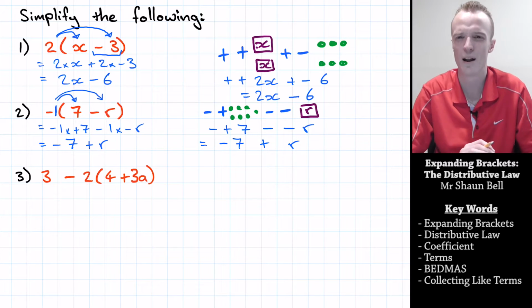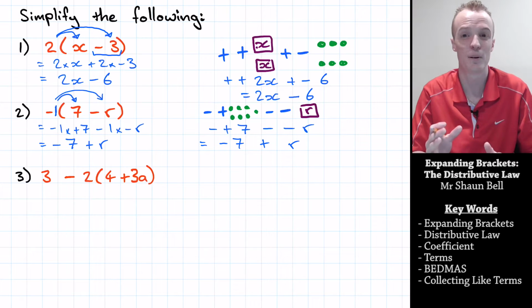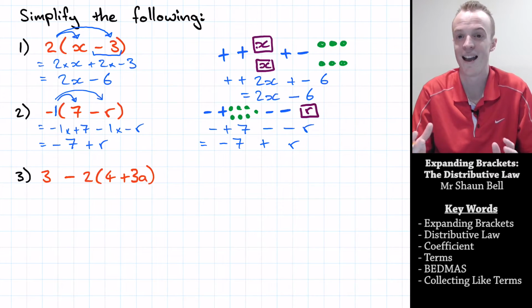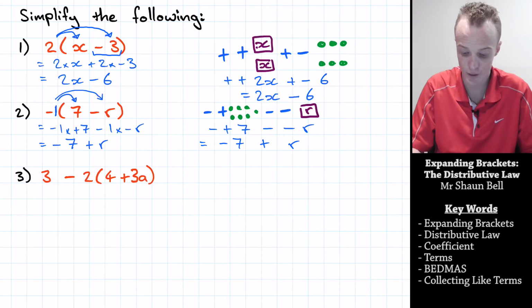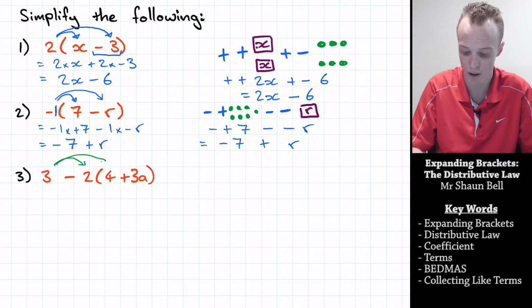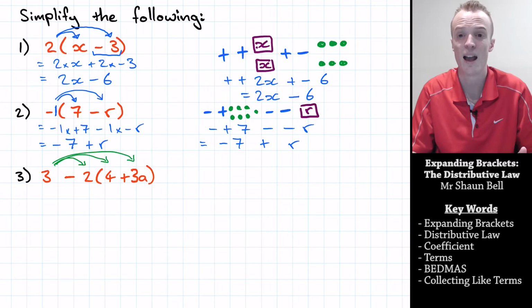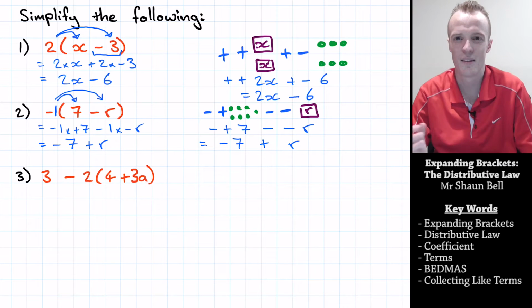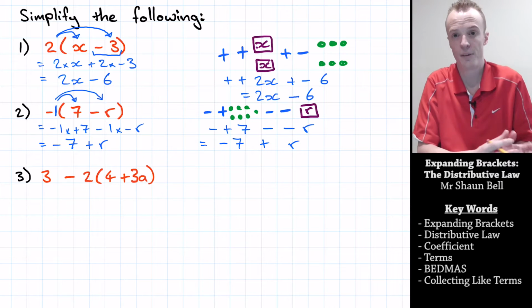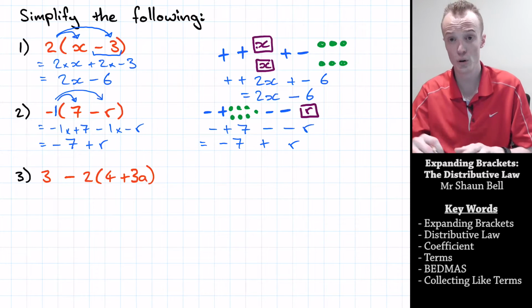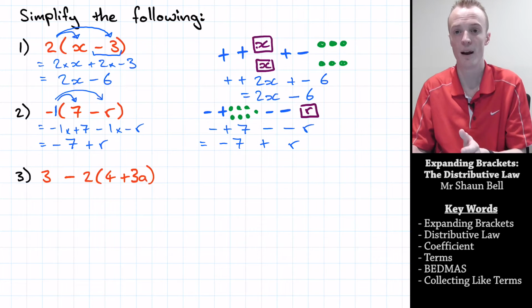But let's have a look at one more problem here. And this is one of those problems that I see one of the biggest misconceptions. A lot of people see this problem and go, hey, I just need to apply the distributive law. Now the distributive law says I take the first number and I multiply everything else. So the first number is 3, and I sit here and multiply everything else by 3. However, it doesn't quite work that way. And let's look why. Now this problem here is actually saying that we've got 3. We're going to subtract 2 lots of everything inside the brackets.